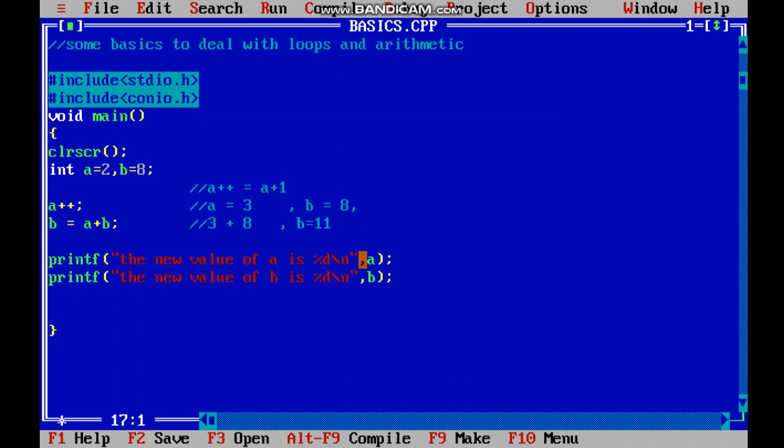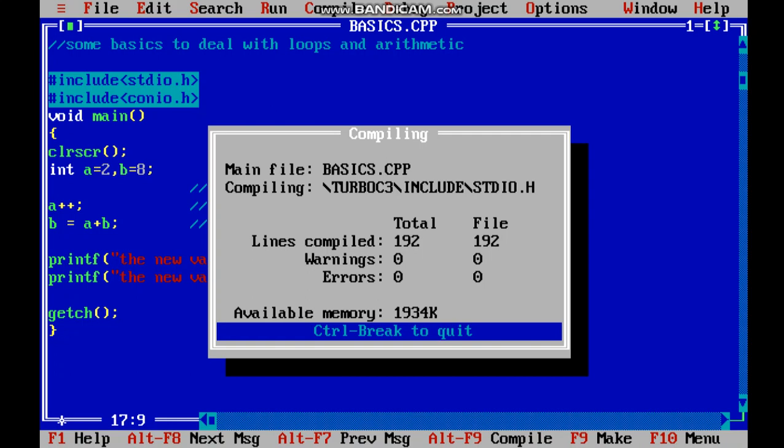Again I will try. Alt F9. What it actually does is it provides us the result, but we do not have a function that will hold the screen. There was a screen, the answer came up, but we could not see it because it was very quick, because it calculates all our code very fast, right? So this is the way it calculates our program. Now we get how much time it takes. I used getch, Alt F9, success. See, it holds the screen. Now it gave us the answer.